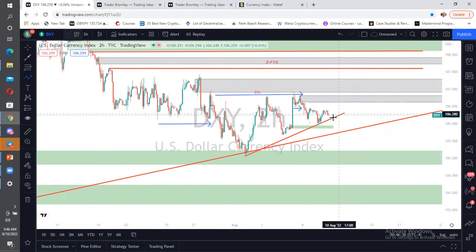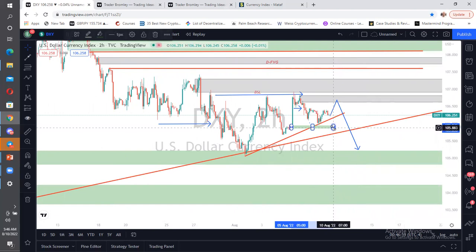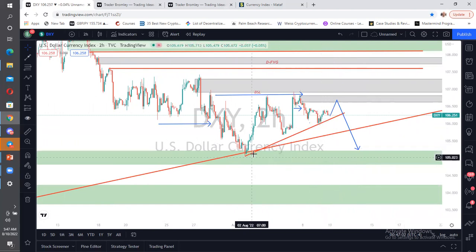I want to see them do this. So this is what I'll be expecting. I would like to see them do this. Because we'll have trendline liquidity here. So whatever will make them come down to the downside, that will be a good buy for me to take away this trend liquidity and also this liquidity that we'll have here.